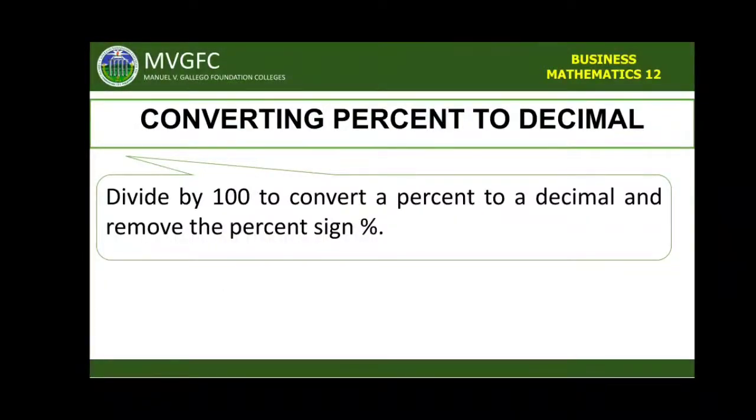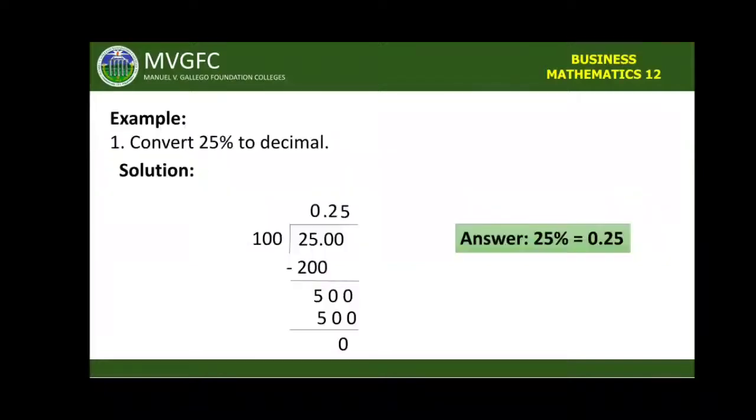Another way is how we can convert percent to decimal. So this time we need to divide, okay? Divide by 100 to convert a percent to a decimal and simply remove the percent sign. So for example, we have to convert 25% to decimal. For instance, if you still don't know the conversion of 25% to 0.25, although you already noticed this in the previous discussion, for our solution we simply need to divide